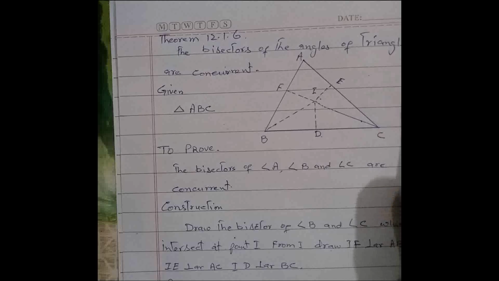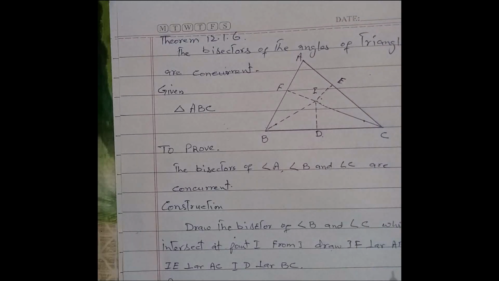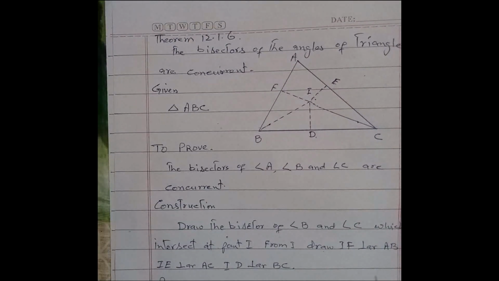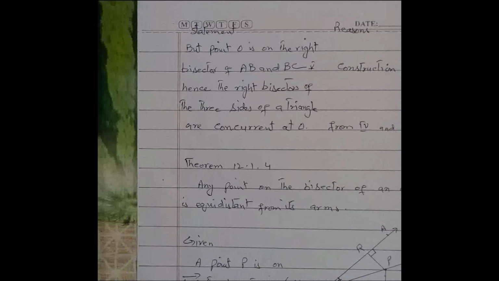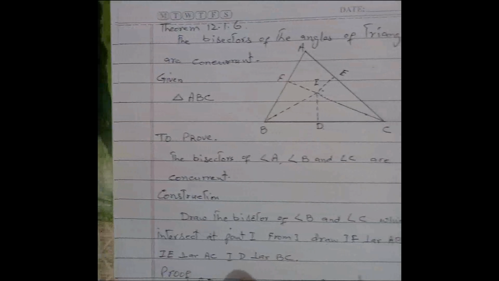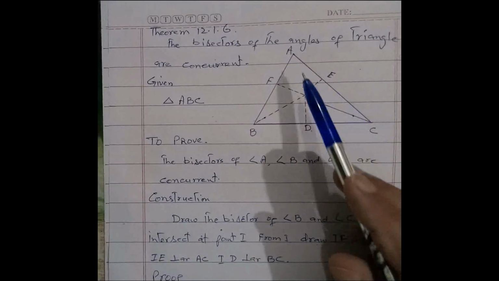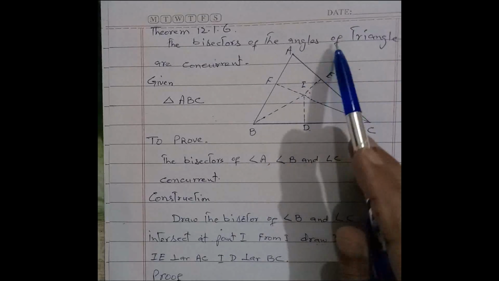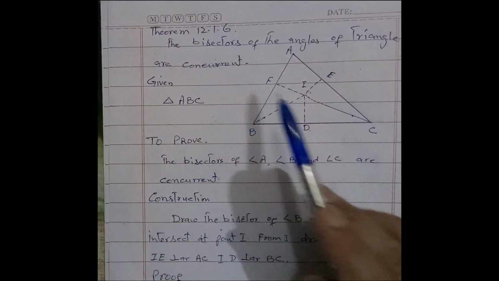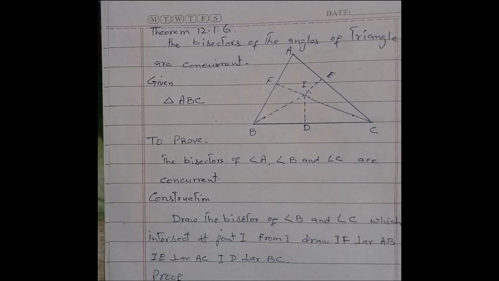Theorem 6, in which theorem 6 and theorem 3 are almost the same. The bisectors of the angles of a triangle are concurrent. Mean